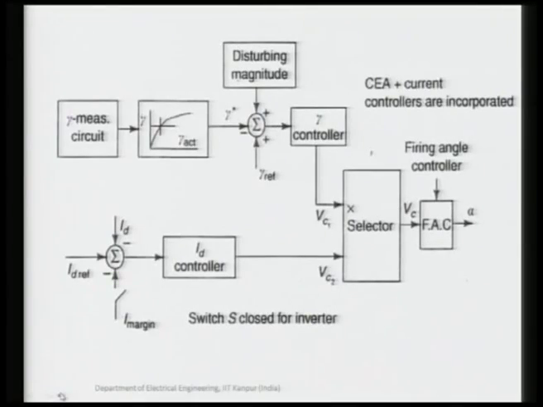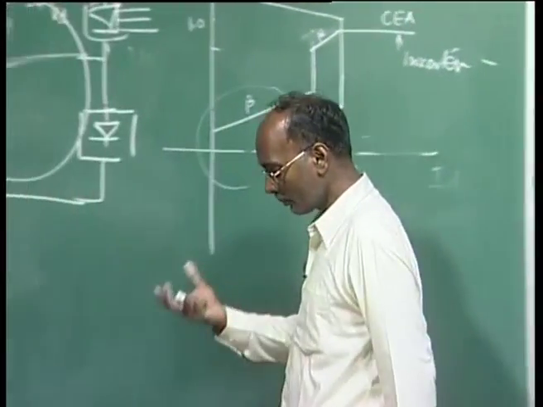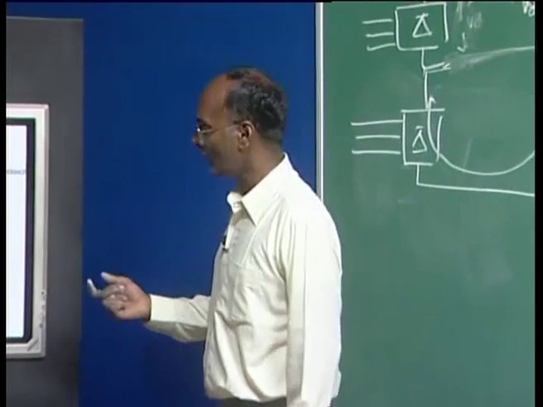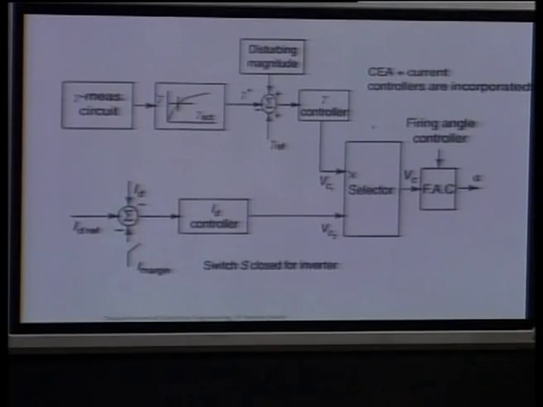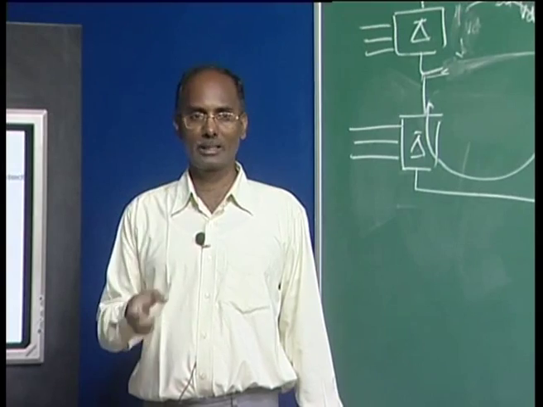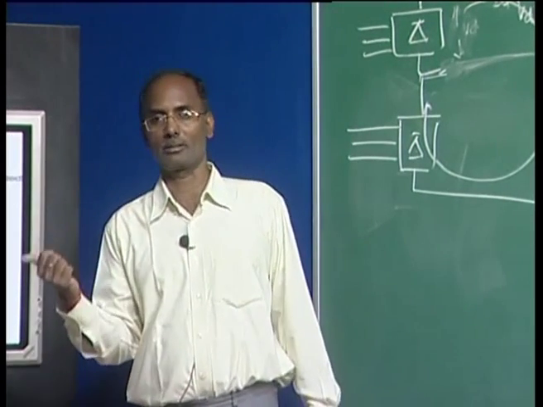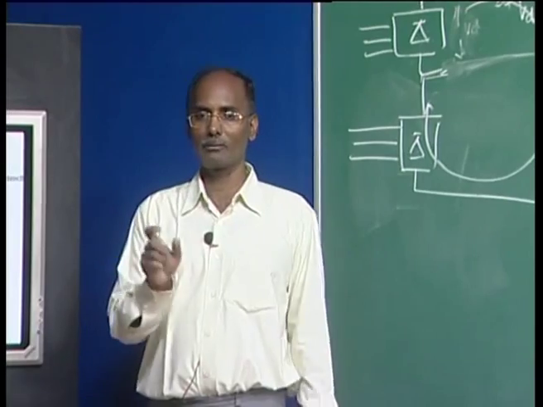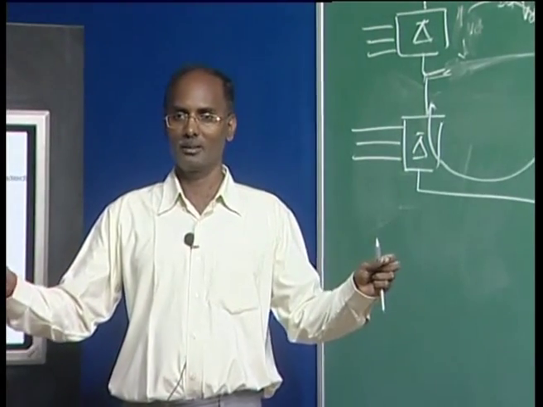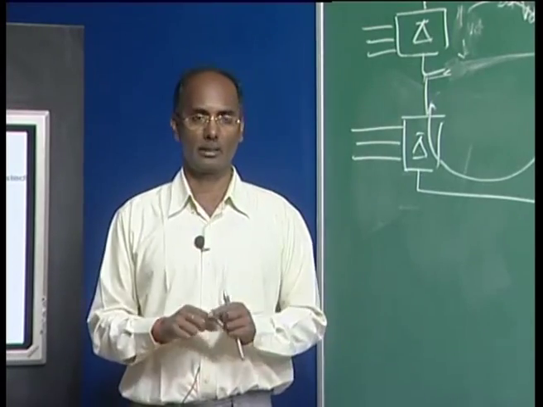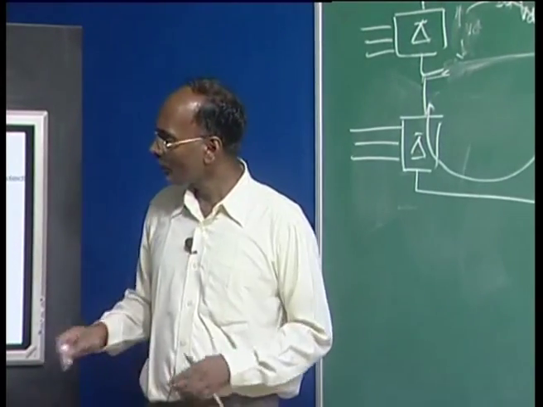Now here in the valve group control VGC, we are going to control, meaning we require some alpha, whether this alpha is for your rectifier or for your inverter. The only difference is, for inverter this alpha is larger, more than 90 degrees, and for rectifier it is less than 90 degrees, meaning a very small value. Now you can see here